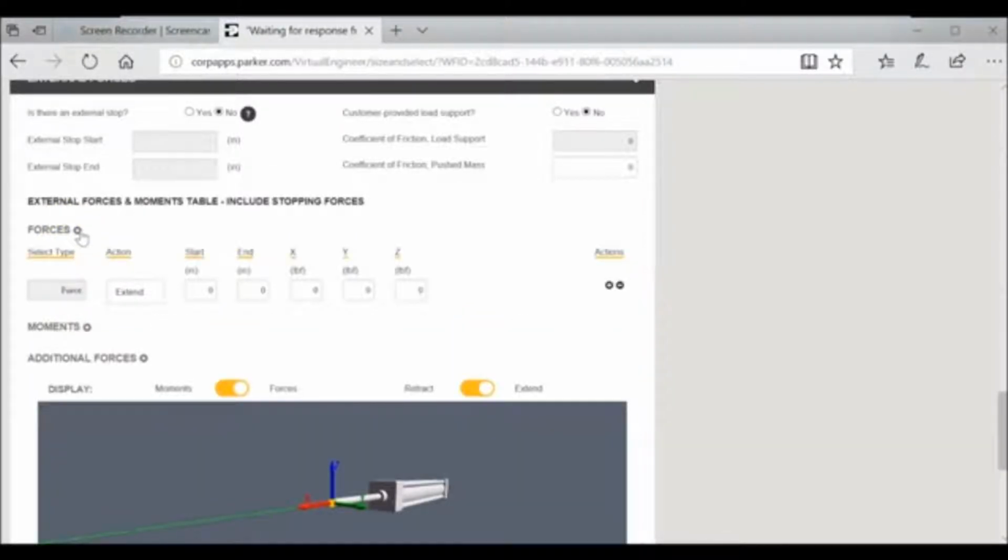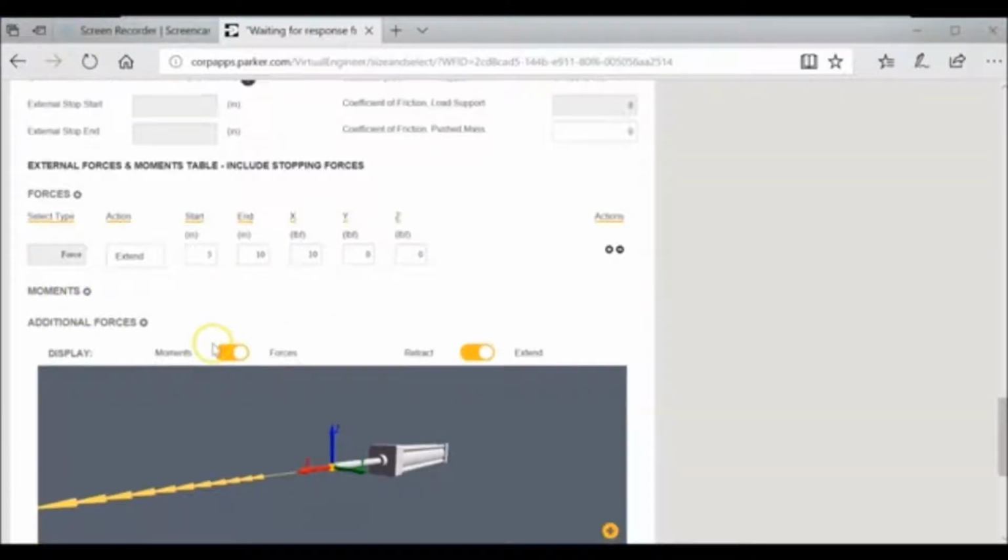So in the force section, this would be any external forces that the application is going to encounter. You would choose if the force is only in the extend, the retract, or in both directions. And if it's during the entire length of the stroke, for example, is it 0 to 10 inches, or is it just hitting in the middle of the stroke, so maybe 5 inches to 10? And then you would put whatever the force is. So maybe it's 10 pounds of force. Then you can see at the bottom, as we entered 10 pounds of force, the arrows indicating the force did show up. If you changed it and said the force is actually acting in a different direction, you could add a negative, and you can see that the arrows are actually for the force pushing in towards the cap end